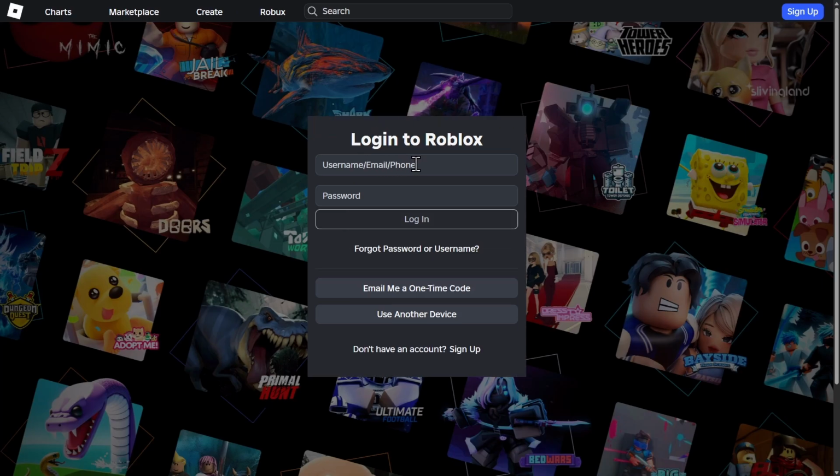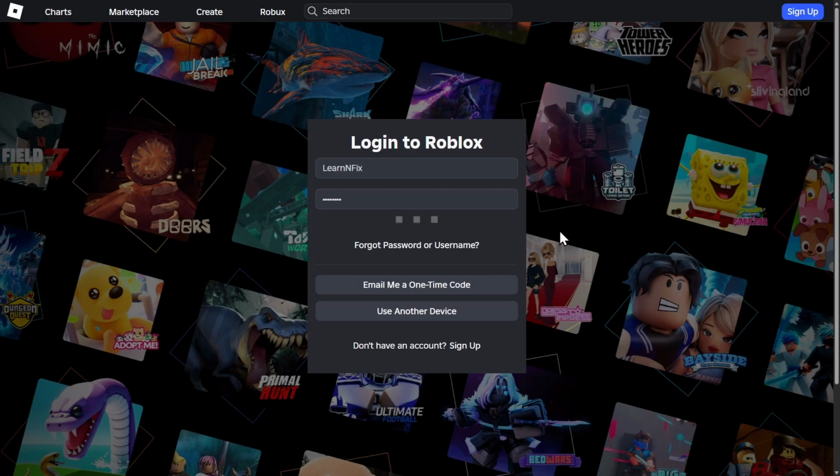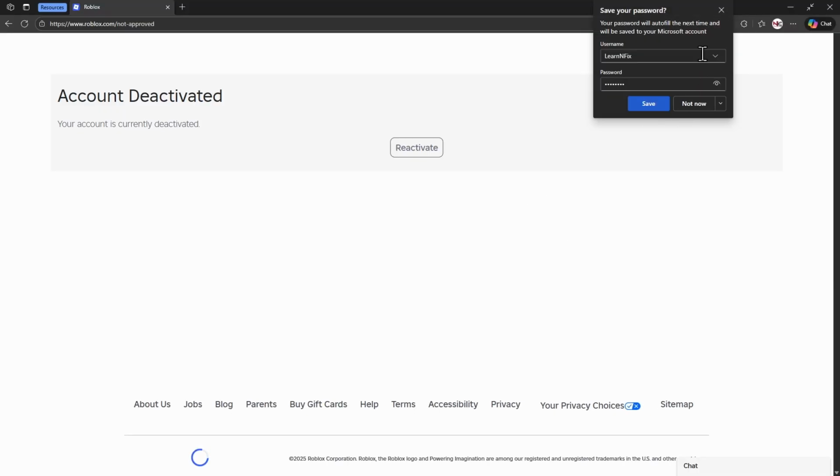So what you're going to do in here is you want to log in into your deactivated account. So this is mine. And once you have all that, just click login. And then once you log in, you'll see